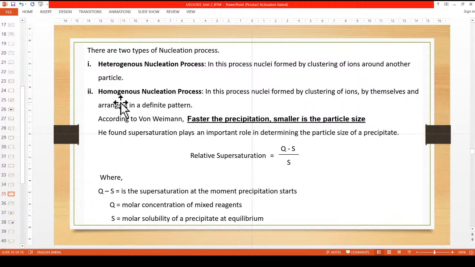Homogeneous के लिए कैसे, amongst themselves the nucleation takes place just by clustering together. Okay, then